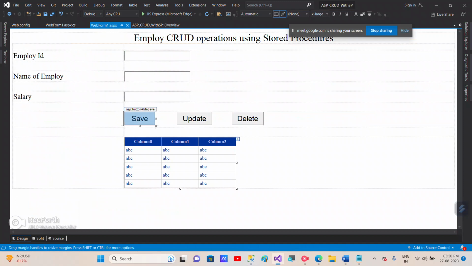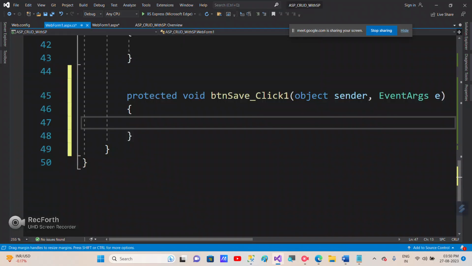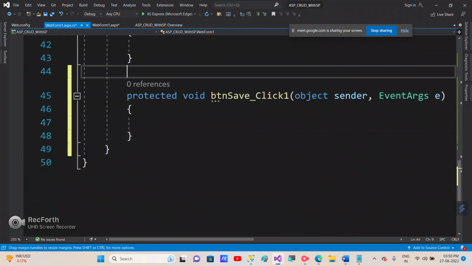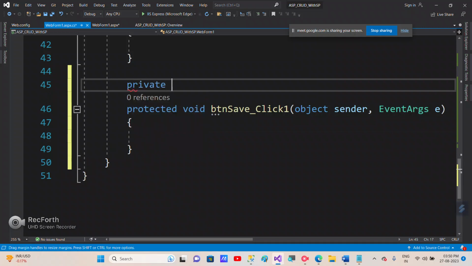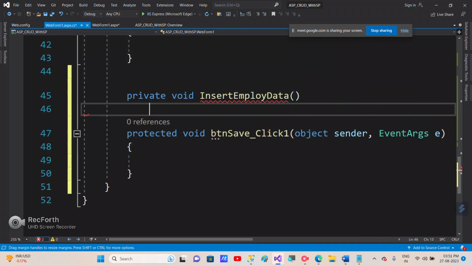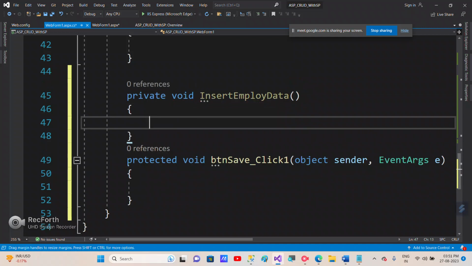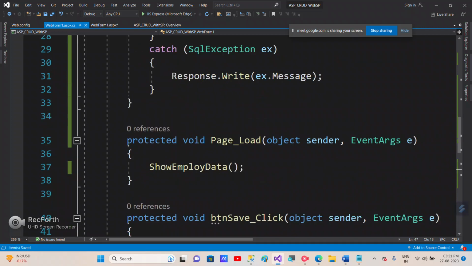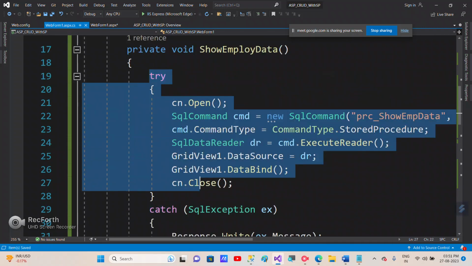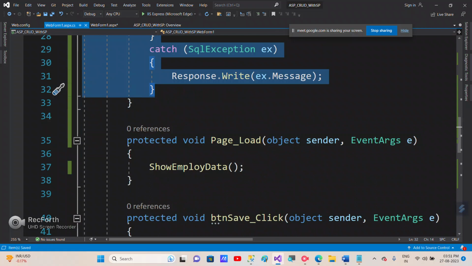So how to call this? Let's go back to this, double click on the button, and here what I'm doing, I'm creating a method, private void insert emp data or employee data, something like this. So that is the method I'm calling, and here I'm writing the actual code. So what is the code I wanted to write? Try catch is common,